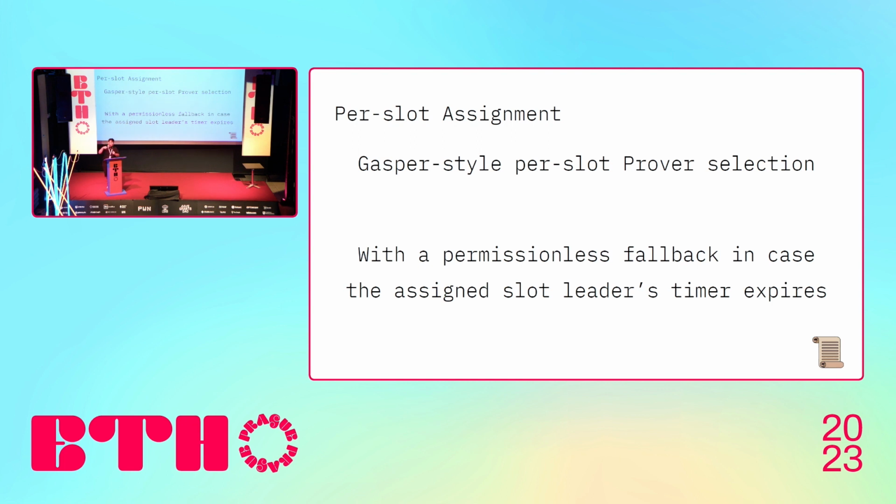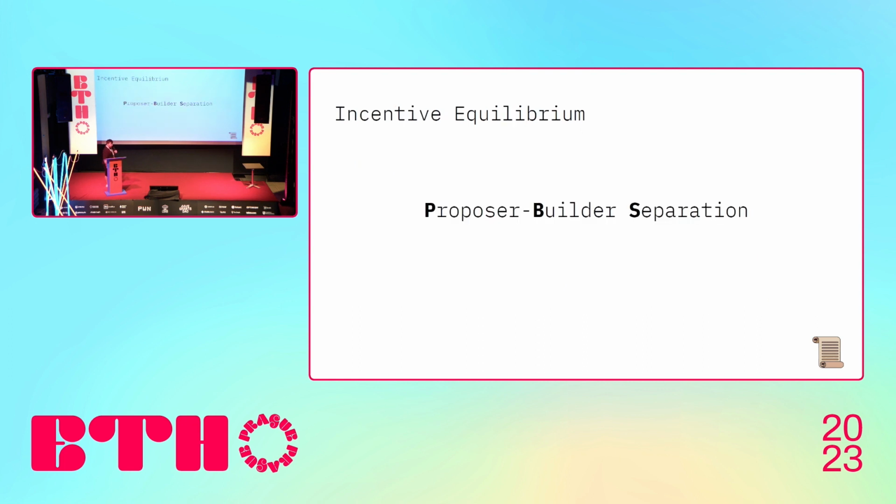And essentially people will become sequencers and not provers, when in reality we need both provers and sequencers to actively participate. So the solution is fairly simple. You might have heard proposer-builder separation before, or PBS. It's a system in Ethereum where you have two roles. It can be in protocol or out of protocol. Currently, Ethereum uses out of protocol PBS, but at some point the plan is to add PBS to the protocol.